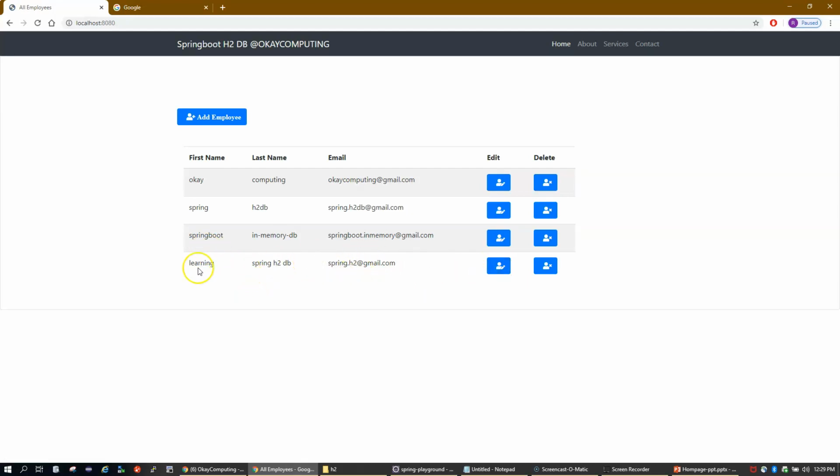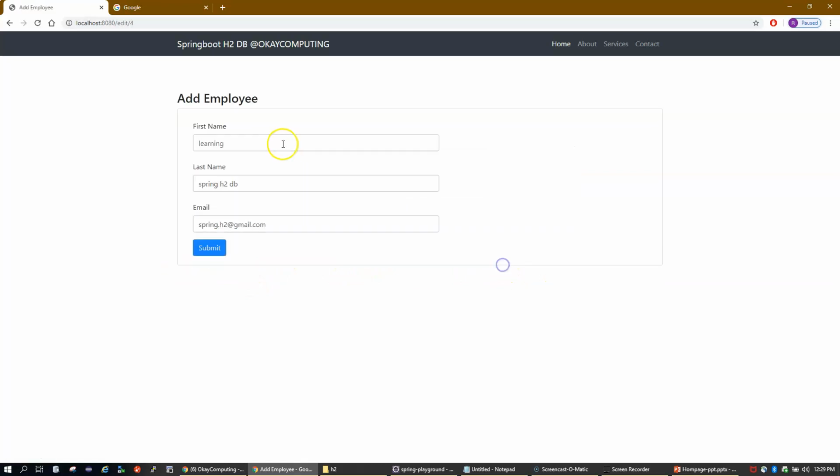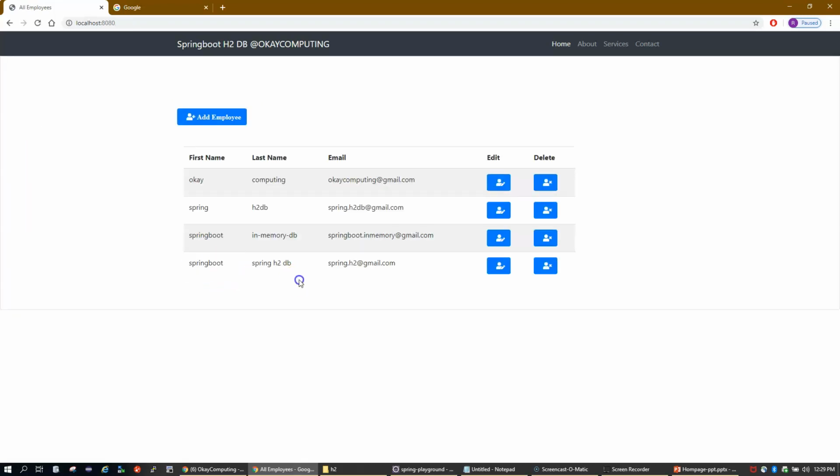Like for example, I'm not happy with the first name, I can simply go and modify. So basically I'll call it Spring Boot and Spring H2 save. You will see the change at the same moment. And in case you're not happy with any record, you can simply go and delete the record. It's gone out of your list, right? So this is a very simple application in which we will talk about edit, insertion, and deletion operations.